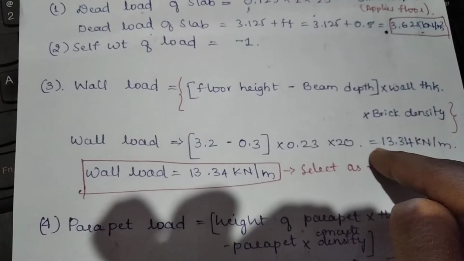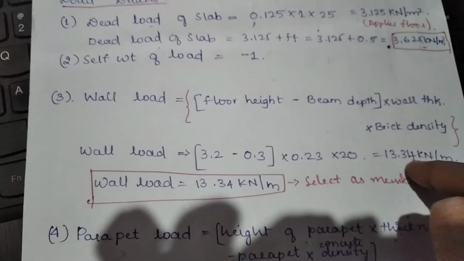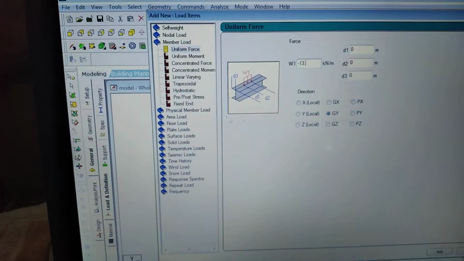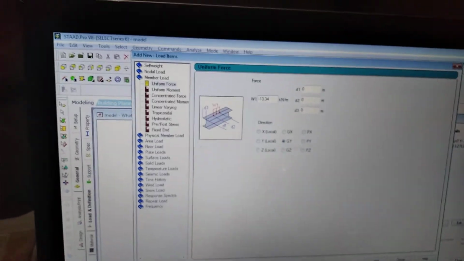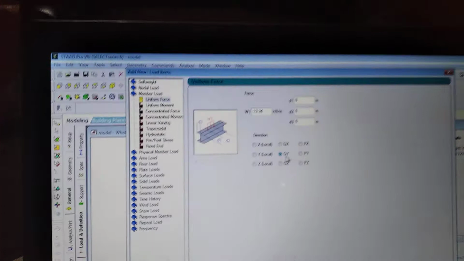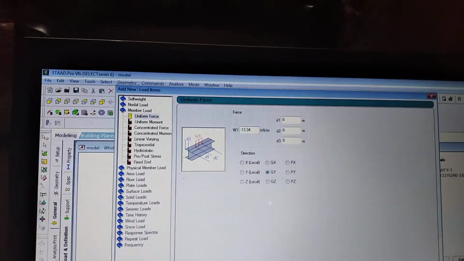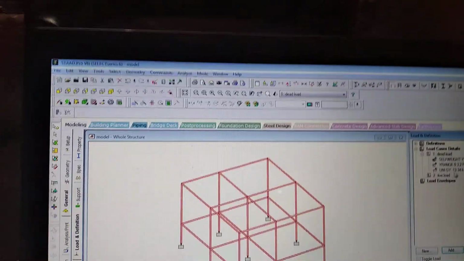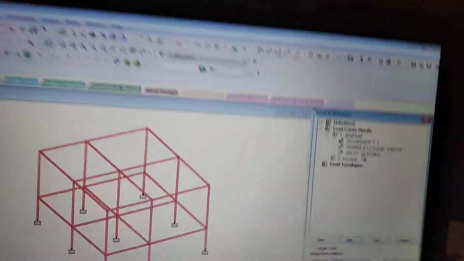So it comes to 13.34 kilonewton per meter. Okay, so minus indicates downward, no? So minus 13.34, mention GY direction and add it, close it. So I will select it. See here, I will select it.